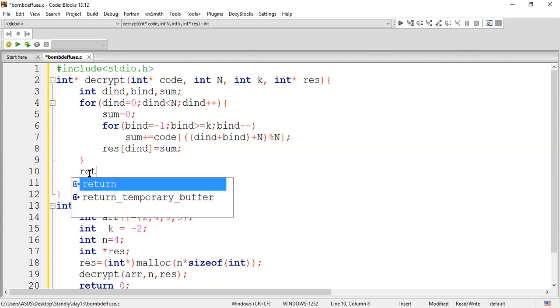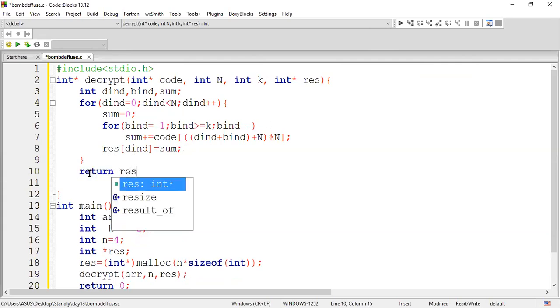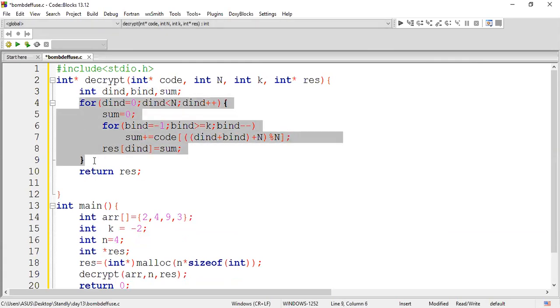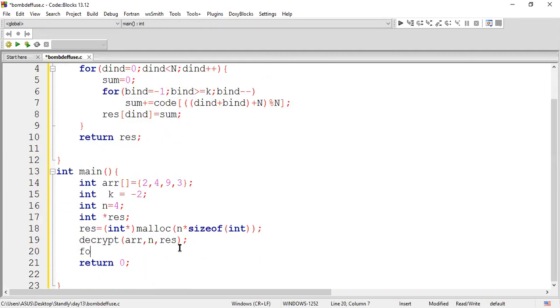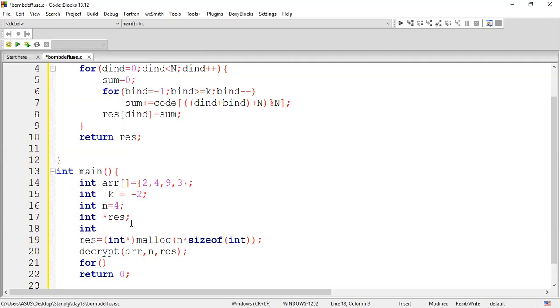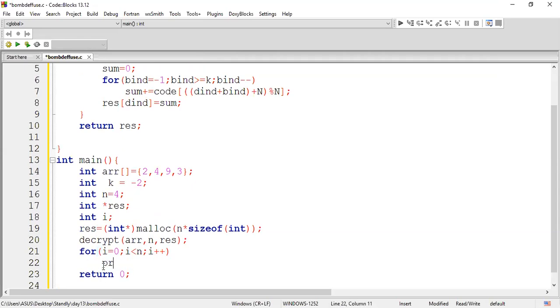So at the end, we are supposed to return a result. That's it. Our logic is hardly only this. So these particular 4 lines are our logic. Okay, not more than this. Now let me try to print it. Let me declare a variable i here along with it. You can iterate it, i assigned 0, i less than n, followed by i plus plus. You can just print it, printf percentage d, followed by your result of i.